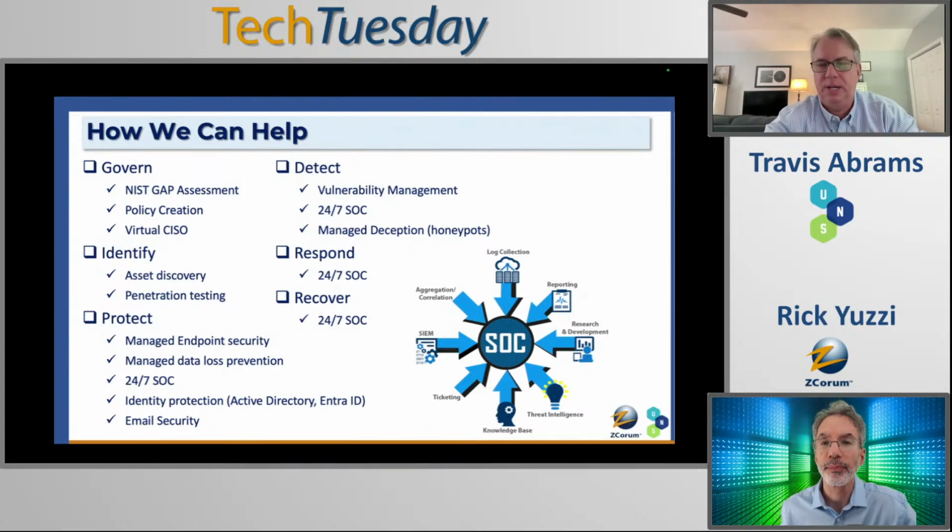Got it. Okay. So we also can do, with the identify category, asset discovery and penetration testing. Again, we can help you track all of the devices in your environment, and help you with the penetration testing that can help you understand where our risks are, what our gaps are. Also on penetration testing, NIST and most frameworks generally have a requirement for annual testing. So that's something you'll want to consider as well.